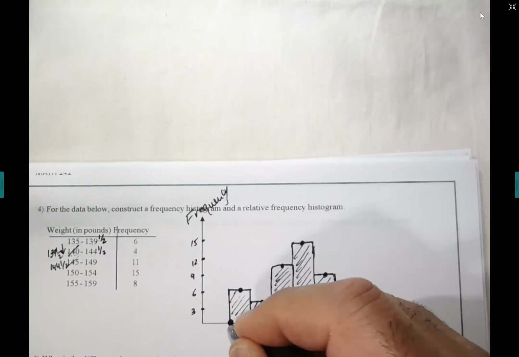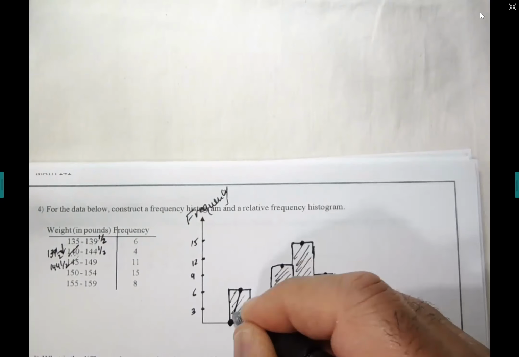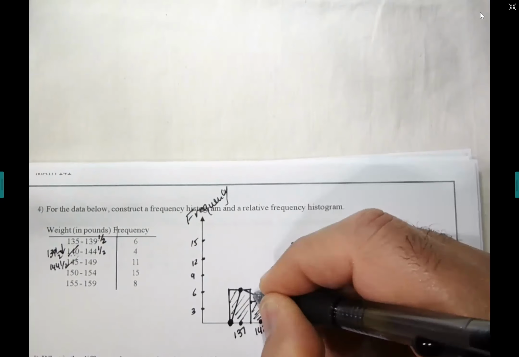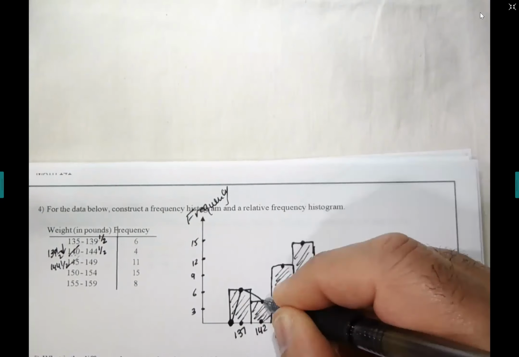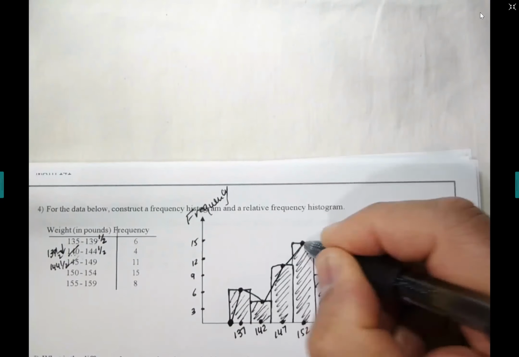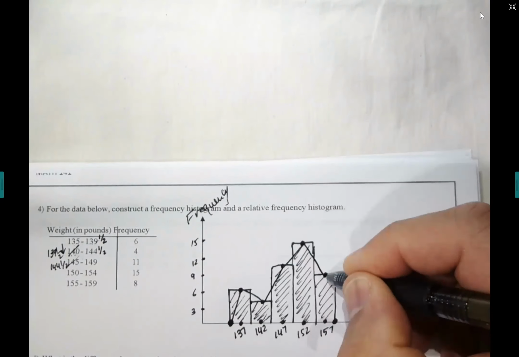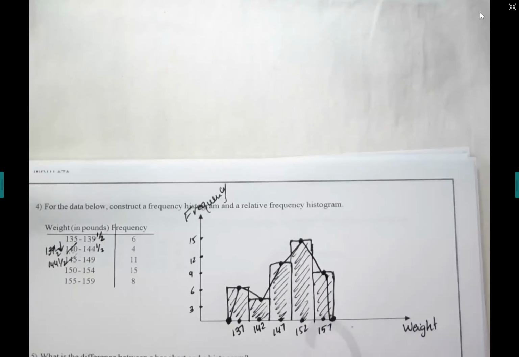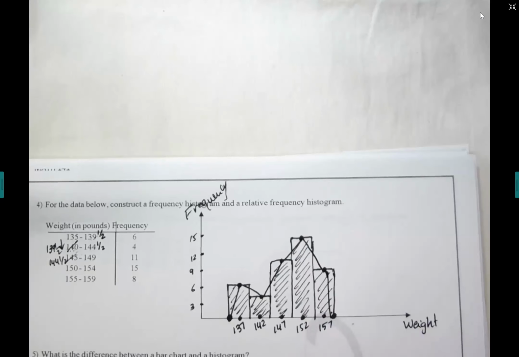You start here, then you go from this center to that center, then you go up, then you go here, then you go there, and then you come back to the end right here. This is what we call a polygon graph. So to do it here,